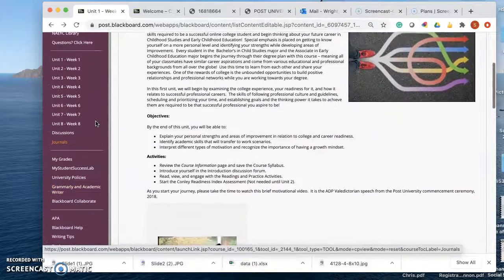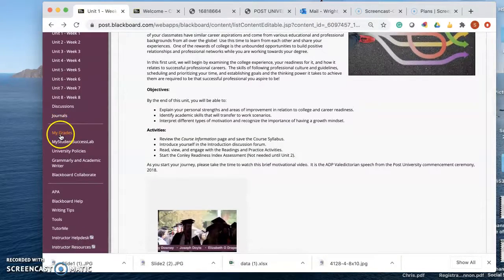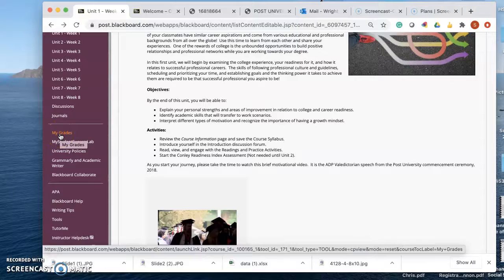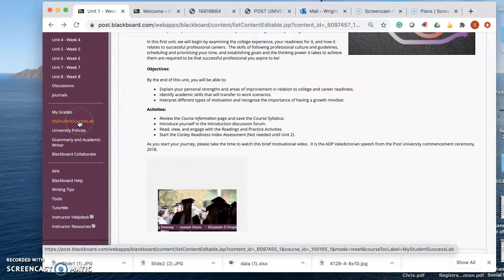A few of the other links you might find helpful. Here is a link called My Grades. You can click here at any point to see what grades you've been given on your graded work. Usually I do grading, and your grades are due by Wednesday of each week. So for Unit 1, you'll get your grades by next Wednesday of Unit 2. Then My Student Success Lab,